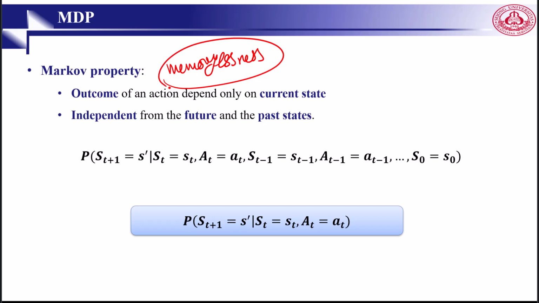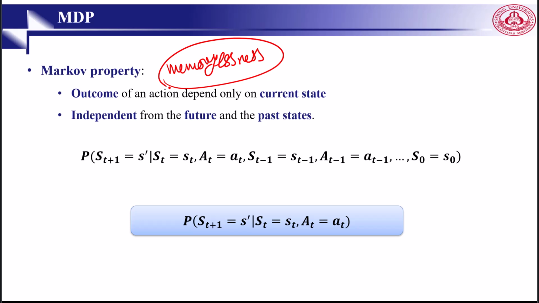This is like search. The successor function only depends on the current state. This is very similar to a search problem. When solving a maze with food pellets, we stored which food pellets were eaten. So this Markov property is fundamental, and it simply says the outcome of an action depends only on the current state, not on the entire past history.